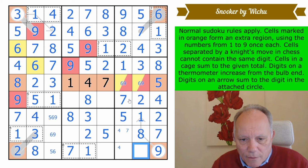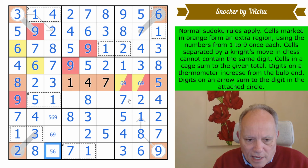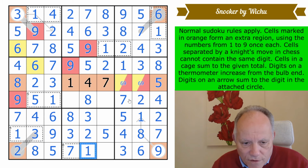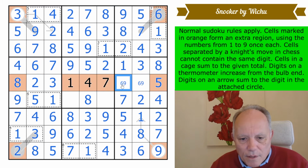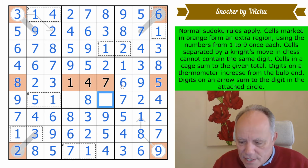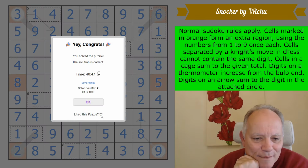If we were flying a plane, we could. 6, 4, 3. That's 5. That can't be 9 on the knight's move, so we are finishing off. Sorry, we are, if I can type. 4 and 9 to place in this bottom box. Let's get rid of all the colouring now because it's all done its job. 6 and 9 here, and in row 6 we have 6 and 3, and we finally complete our maximum break